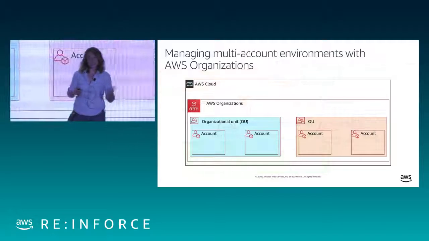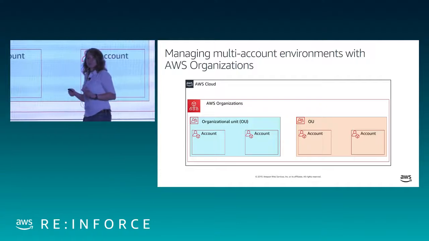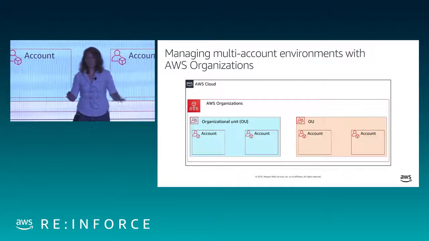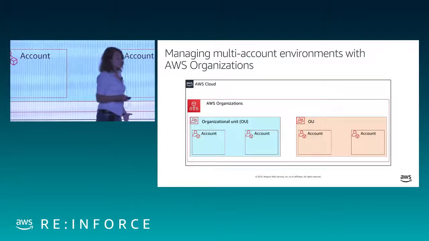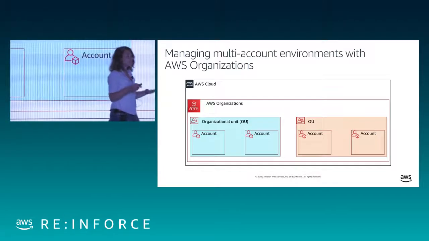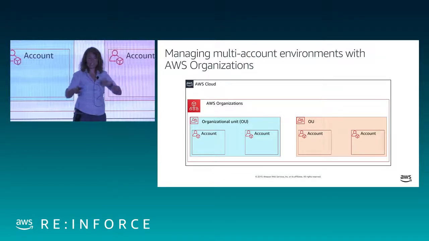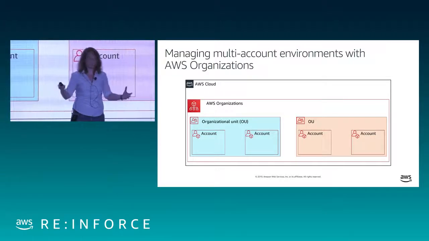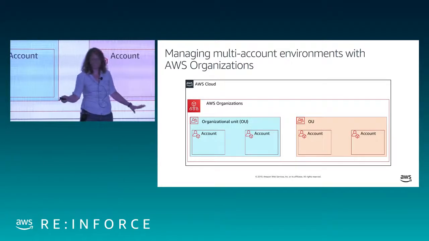But still on this topic of multiple accounts in AWS, when you're working across multiple accounts, the service to look for to help you with governance, control, and security across these accounts is AWS Organizations. At its most basic level, AWS Organizations lets you organize your accounts into a hierarchy of organizational units. It's not pictured here, but you've got an administrative account that we call the master account that's in charge of the organization. You don't actually run any of your workloads in there. That account is just there for administration of the rest of the organization.